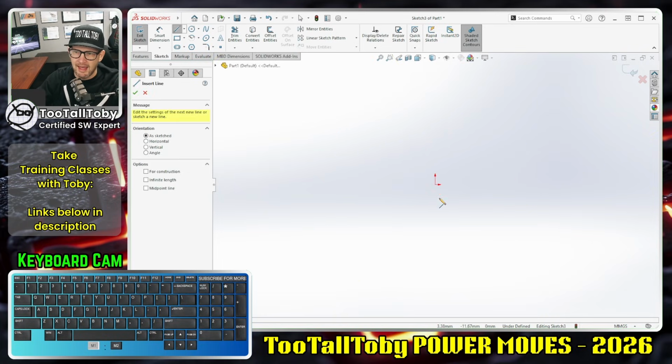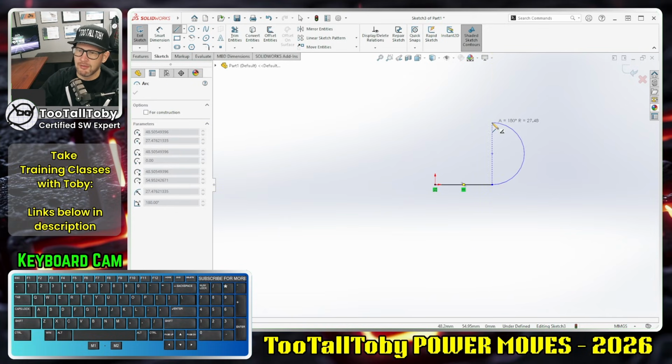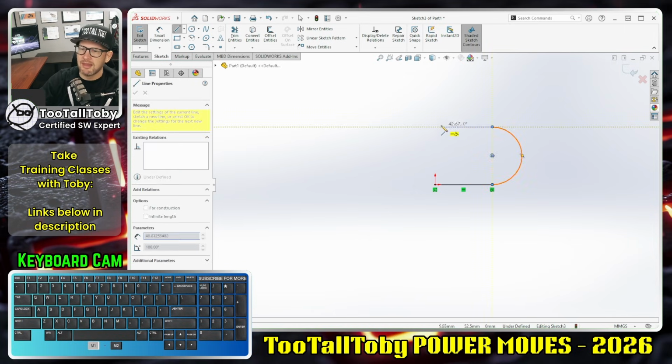S key, line, single click on the origin, move my mouse over to the right here, single click again, move away. Notice I'm single clicking so I can let go of the mouse, come back, put my mouse over the endpoint, and then I can come up and around with a tangent arc. Now, one of the more powerful things about the tangent arc command here is that you can line up to the quadrant points of that arc, and that makes it really easy to then transition into a horizontal line, which